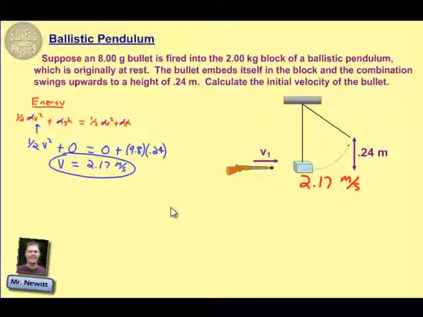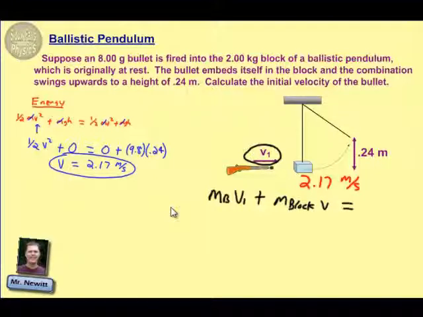So what we're going to look at now is the bullet leaving the gun. We're going to have the mass of that bullet times its velocity, v1, which is what we're essentially trying to find in our problem here. That's our ultimate goal, the initial velocity of that bullet, plus the mass of my block times its velocity, which is going to be 0 to start out with,